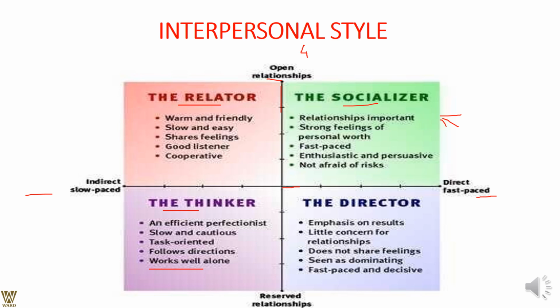Then we have something wherein it is a close relationship but directly paced. Now this is where you have to understand the relationship might become toxic, probably might not, might become very fruitful, because here again emotions are involved. It is on the result that we are looking. If results are positive, things are very warm and cordial. But if results are not in line with the thinking, the relationship might go toxic. So there are little concerns, and probably people do not share the same feeling around it. So we have four interpersonal styles. I have spoken about the realtor, the socializer, the thinker, and the director.